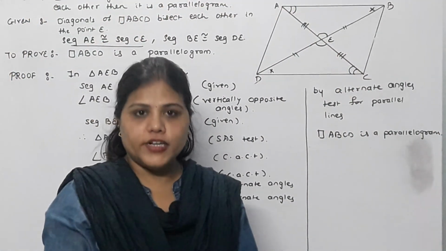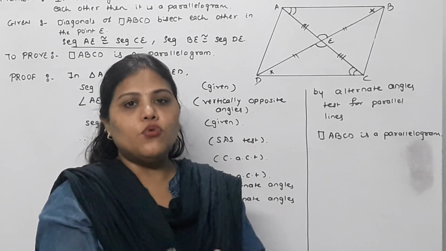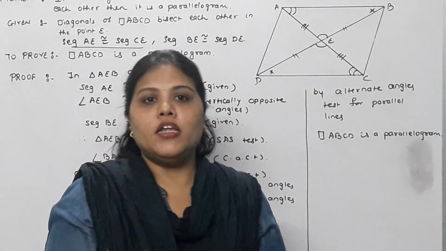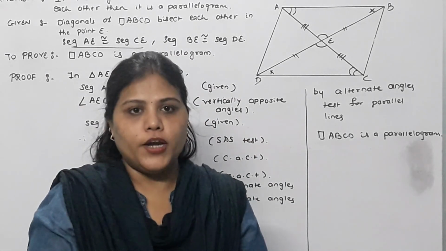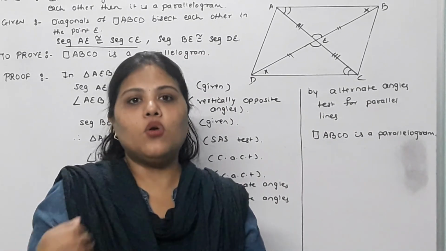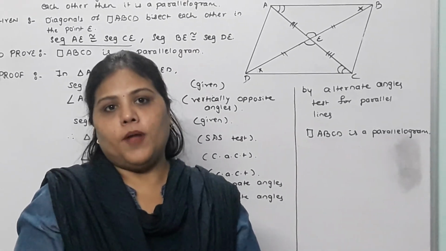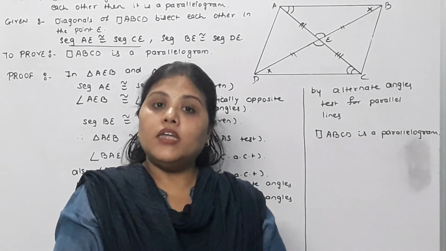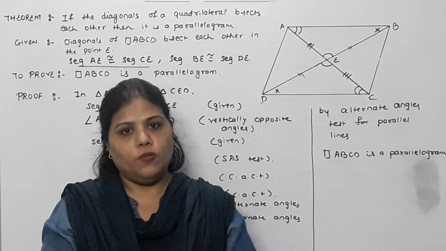See children, in your textbook, this theorem is not exactly proved, but they have asked a few questions based on this part. So that we are going to see in the interactive session, and one more theorem on the same page is provided to you related to the opposite sides of the quadrilateral. If they are congruent and parallel, then the given quadrilateral is a parallelogram. That too we are going to see in the interactive session, and then exercise 5.2 we are going to solve in the next video. Thank you.